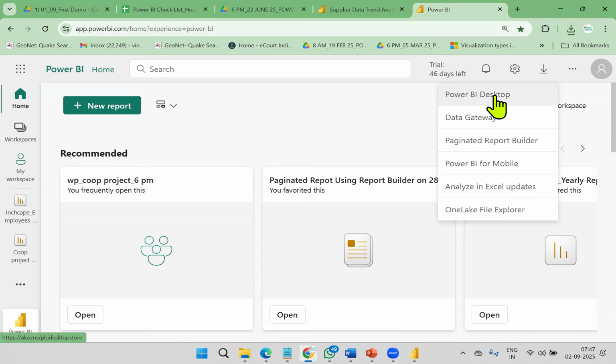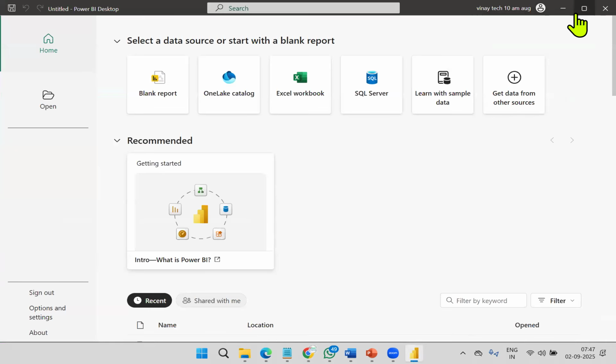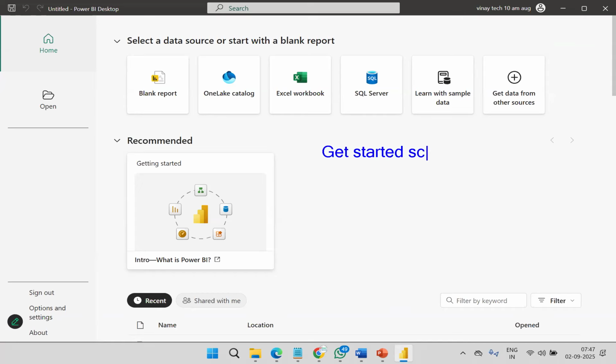Don't worry. So for the time being, I Googled it and there is a desktop on the Windows desktop. I clicked on it, and it opened like this. And this is the first screen. Some people say get started screen, quick startup screen.